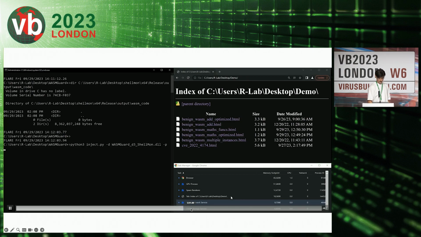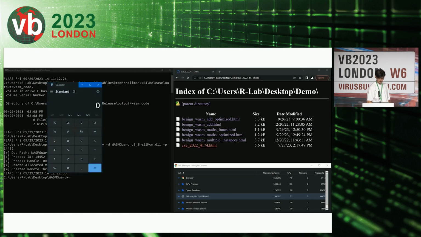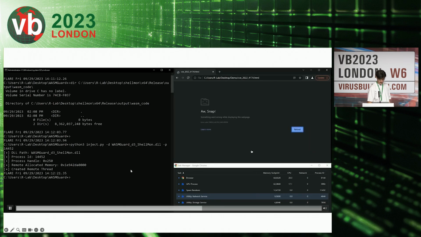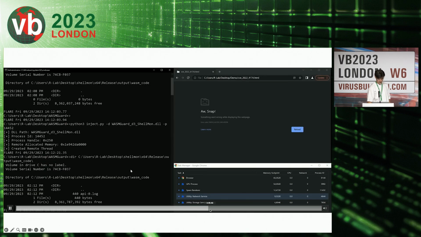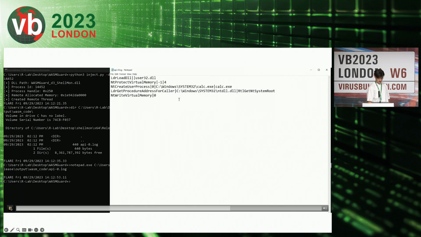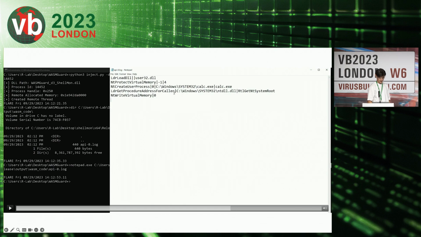I will inject our detection mechanism right there, and then execute the exploit. And let me see the logs. Yeah, here you can see the logs with the call, for example, to CreateUserProcess with the calc.exe